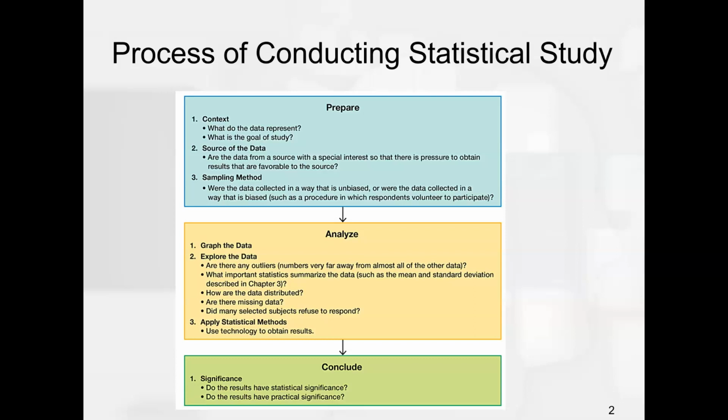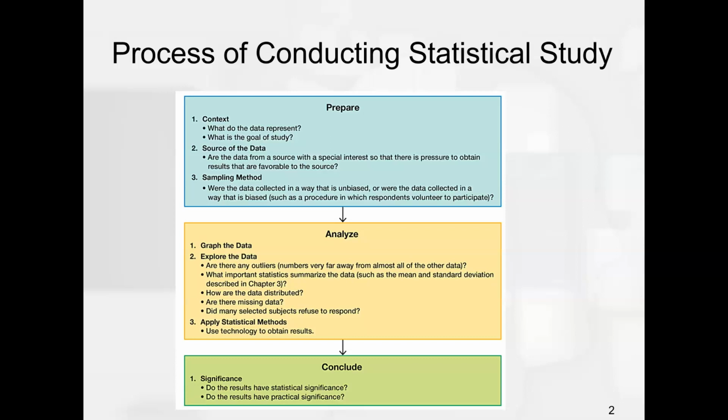After completing our preparation, we begin to analyze the data. An analysis should begin with appropriate graphs and exploration of the data. We'll discuss the graphs in more detail in Chapter 2 and important statistics in Chapter 3. Later chapters describe important statistical methods, but application of these methods is often easy with technology, such as calculators and statistical software packages. Remember that a good statistical analysis does not require strong computational skills. A good statistical analysis, however, does require using common sense and paying careful attention to sound statistical methods.